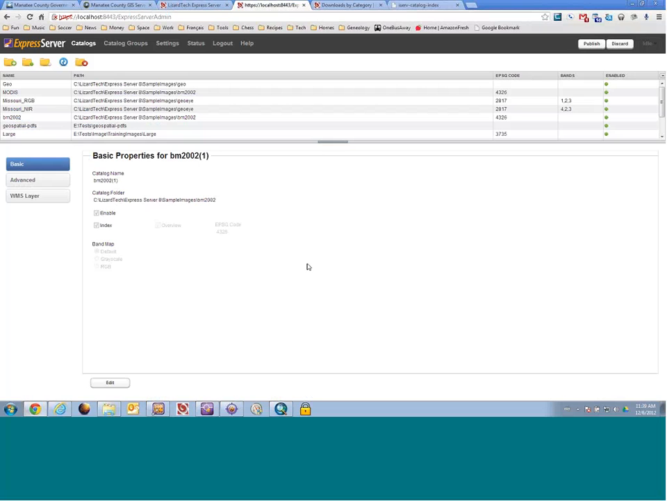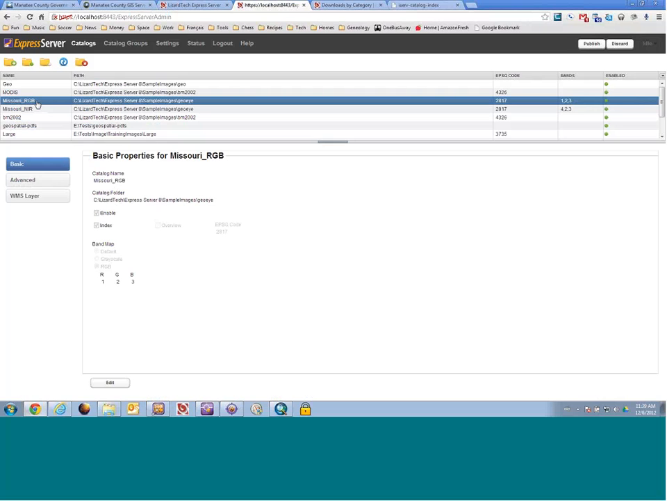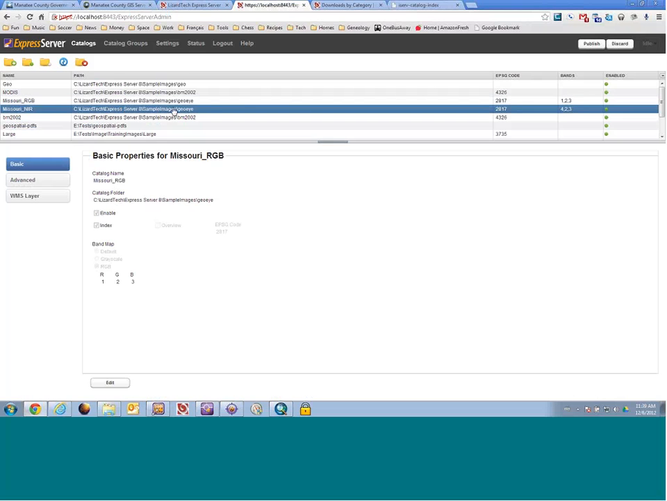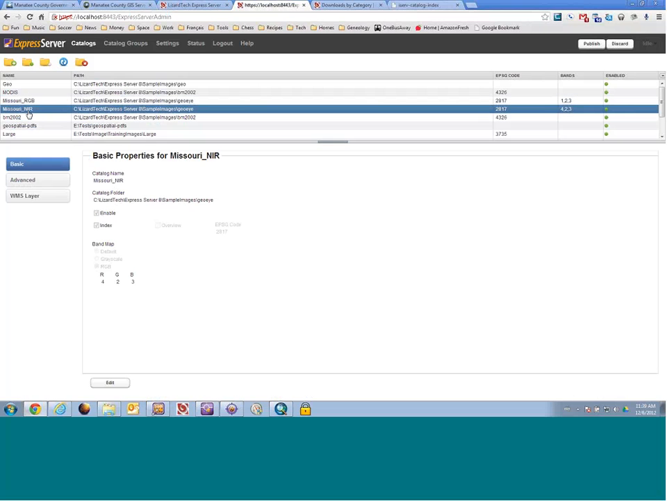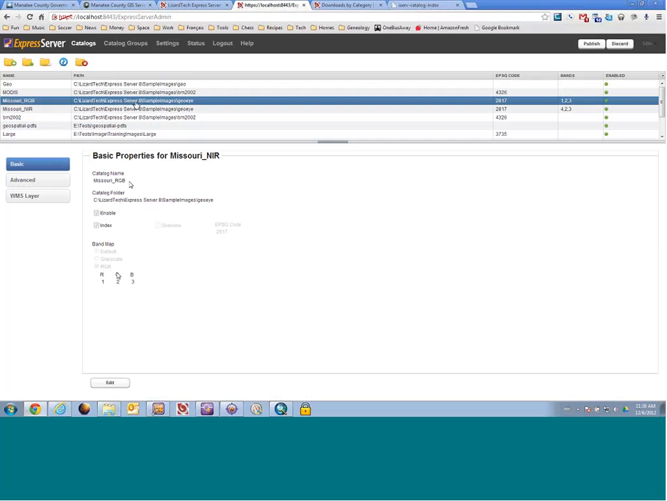Somebody's asking if you can serve out different band combinations in Express Server. And yes, you can. For example, if you notice here, it's the same path: LizardTech Express Server 8 sample images GeoEye. And this one too is the same path. But notice this one's RGB and this one is the infrared RGB. So I've got bands 4, 2, 3 here, and 1, 2, 3 there. The same imagery, just converted